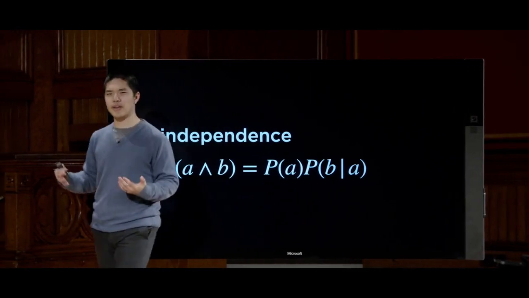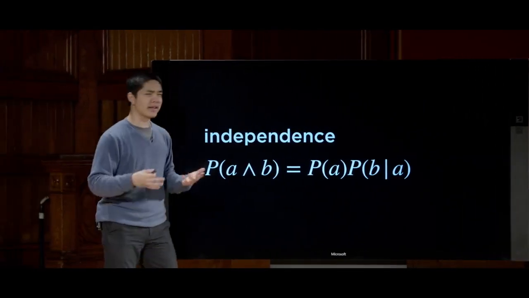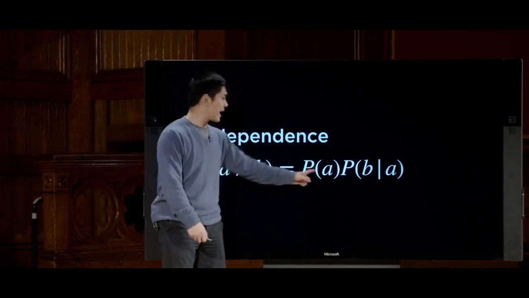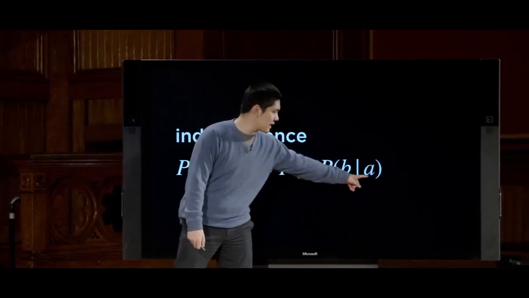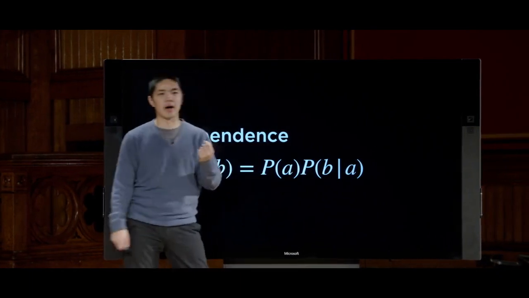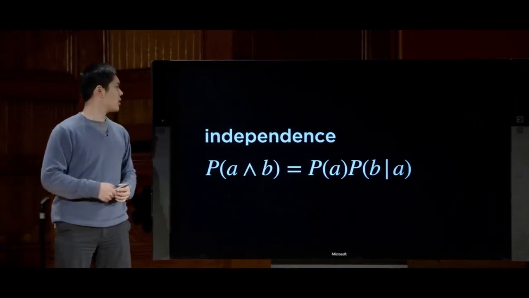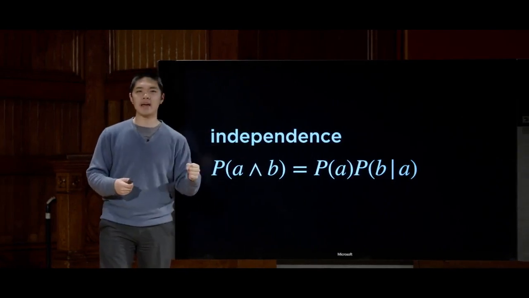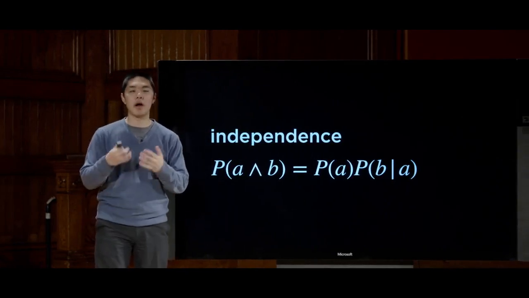And the more intuitive way to think about this is that to know how likely it is that A and B happen, well, let's first figure out the likelihood that A happens. And then given that we know that A happens, let's figure out the likelihood that B happens and multiply those 2 things together. But if A and B were independent, meaning knowing A doesn't change anything about the likelihood that